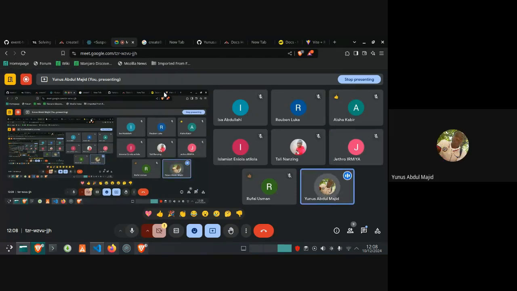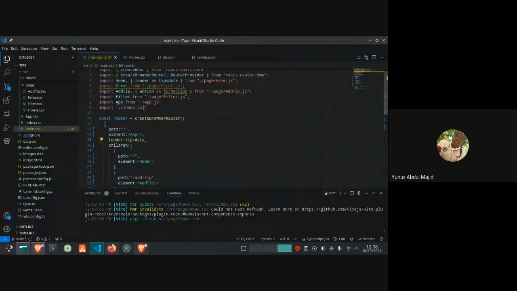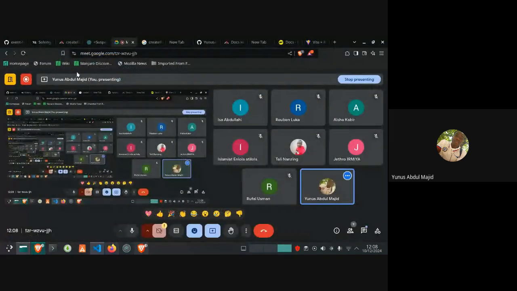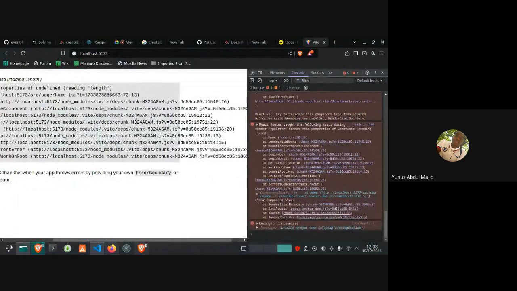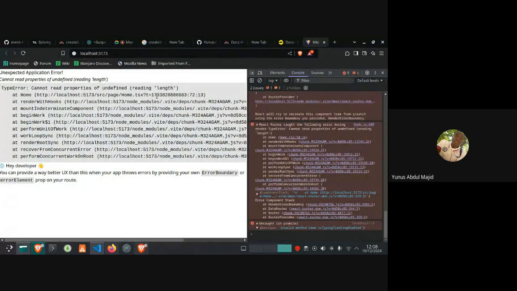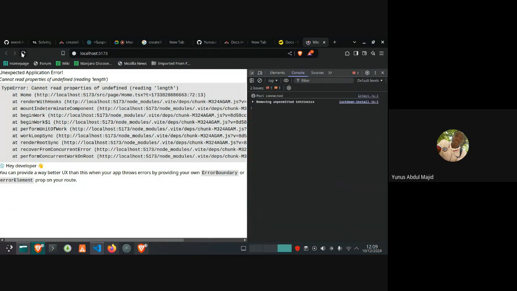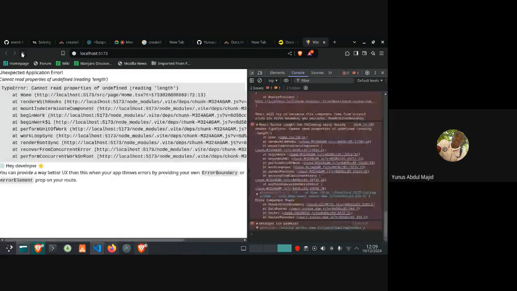I'm trying to debug the error message, so let's go back to that. Reading length.